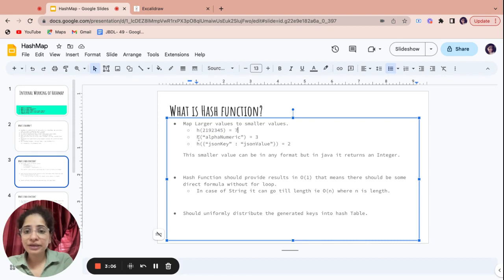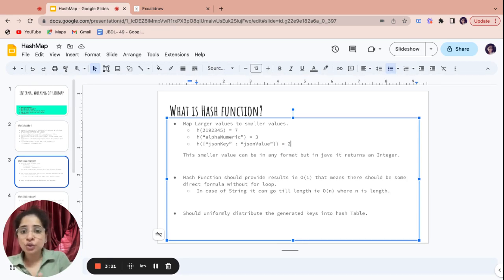Similarly this key can be alphanumeric or it can be a string. Whenever I pass this string to the hash function, I'll get a smaller value, let's say it's a 3. Or it can also be an object. Let's say this is a JSON object with a JSON key and JSON value, and I am getting a value as 2. So the idea is we always get a smaller value out of the hash function.